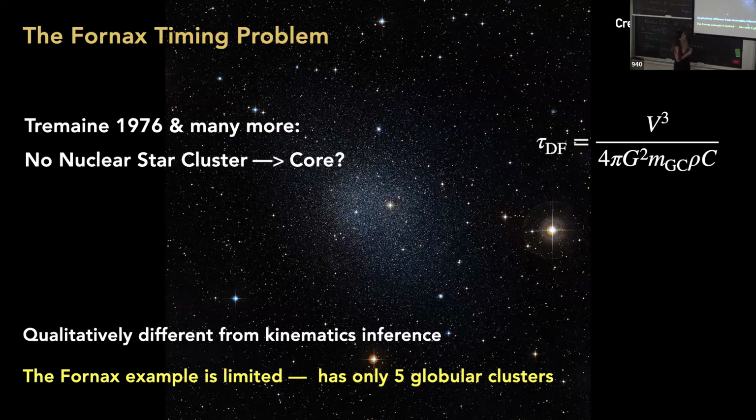So the reasoning was Fornax is an old galaxy. We can try to calculate how much time it should take for these clusters to sink all the way to the center. And what he concluded is that there should be a star cluster, a globular cluster at the center. It's massive enough, the galaxy is low mass enough, it had enough time, and maybe even form a nuclear star cluster. But there is no nuclear star cluster at Fornax, and so the conclusion was that Fornax likely has a cored dark matter halo, and then the clusters stall due to this effect called core stalling.